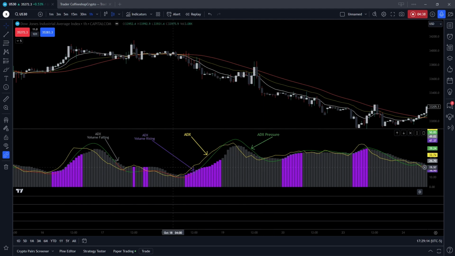Okay. So just by looking at this chart very quickly, you could see how often the market actually does range and how the gas pedal essentially is being stepped on so that the market can get its push. I'm looking at a 1 hour chart. I should see a lot of instances here, but